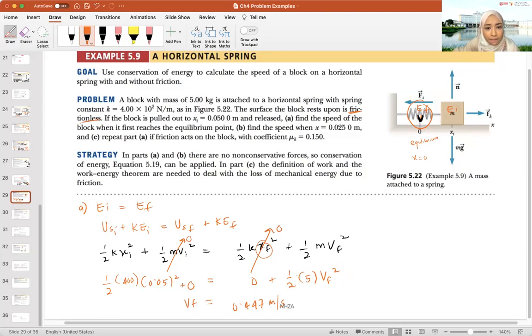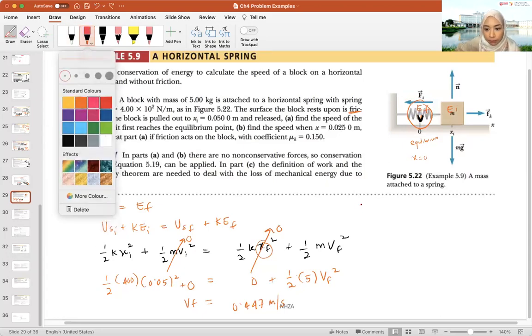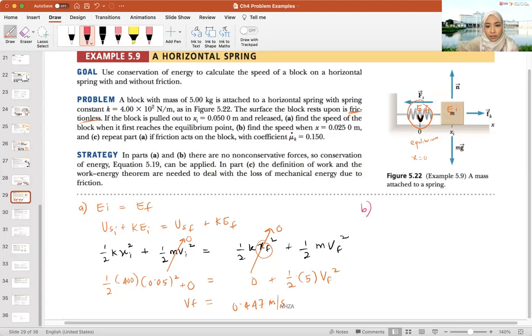Okay, B. This is part A. Part B. Let's use a different color because I get confused. Okay, part B. So part B, find the speed when x is 0.025. Tadi kita punya V, kita cari dekat kosong. 0.025 is midway. Xi tadi berapa? 0.05. Now it's asking us x final equals to 0.025,